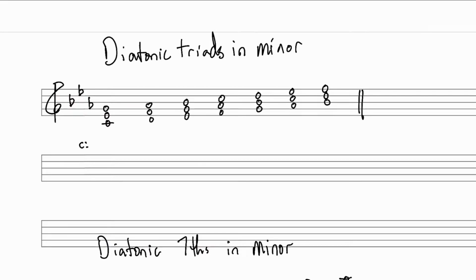Okay, here we go. Let's talk about the diatonic chords in a minor key. This is a little bit more involved because, as you remember, when we were discussing minor in Chapter 1, we looked at 3 different forms of the minor scale. And as I mentioned then, and I'm going to say it again and again and again,